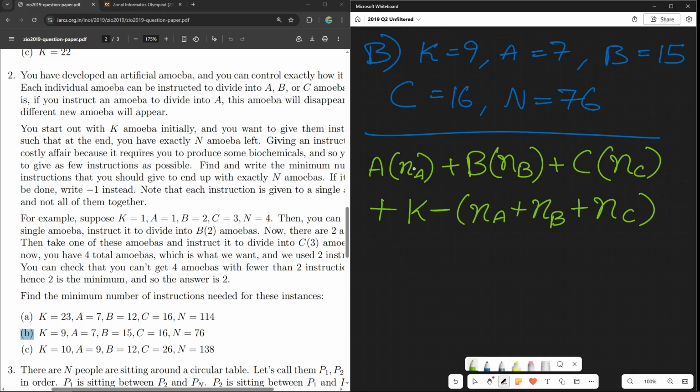That's n of A. So I think it's 2 times n of A, n of B, n of C, because let's see, yeah, I think I missed something, because